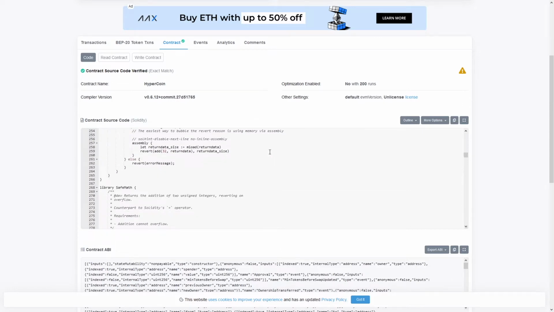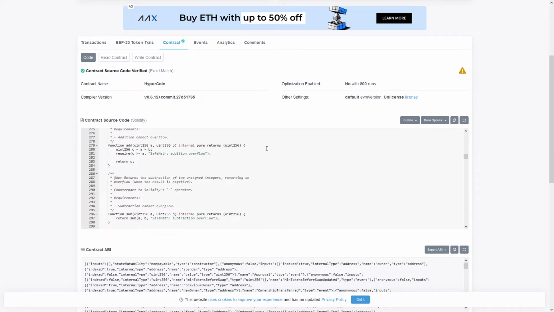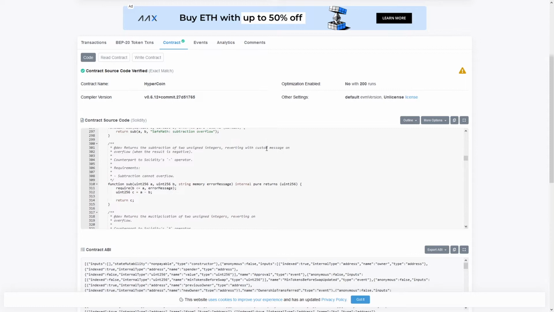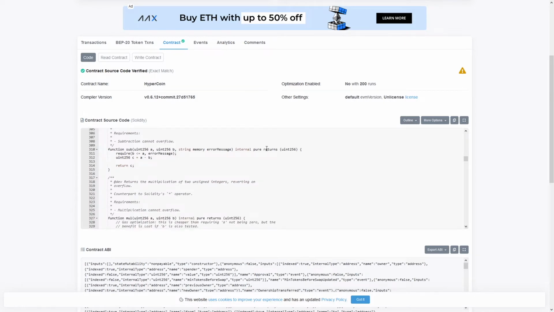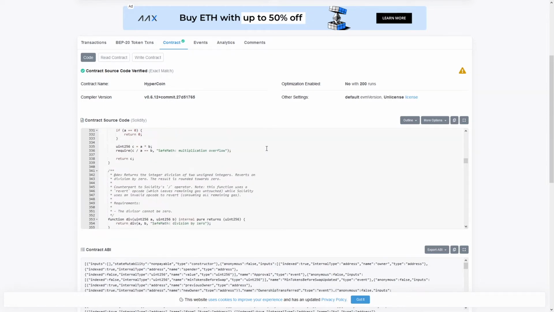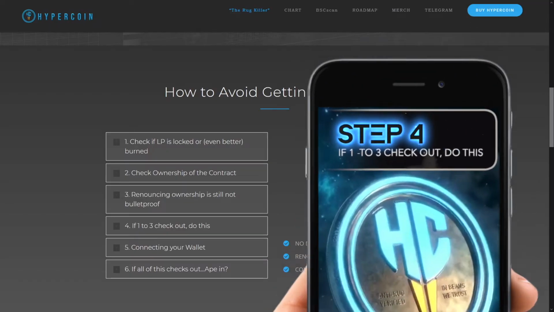Now, with this step, if you have somebody who is fluent in programming and Solidity contracts, it would be smart to send it over to them to have a look, or you can request an audit from a reputable source, such as TechRate, to look over the contract and make sure that there are no shady functions hard-coded into the code. Okay, now if you made it through steps 1 through 3 and everything checks out and looks good,